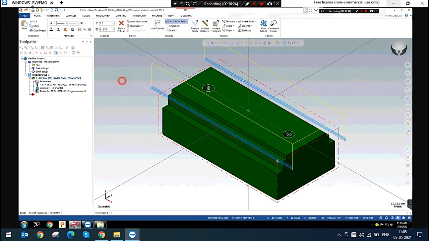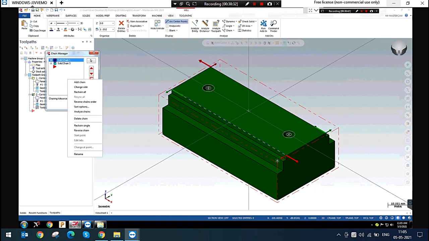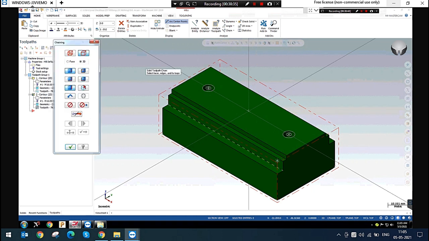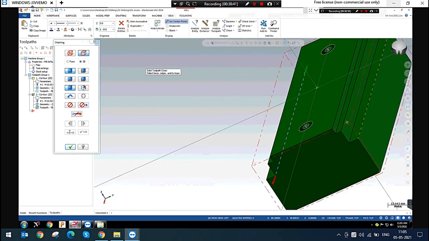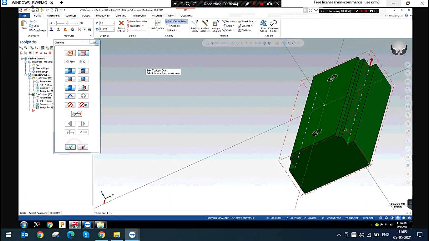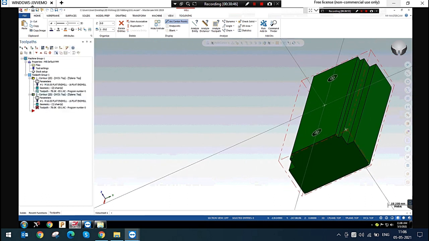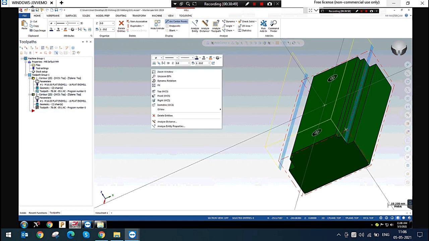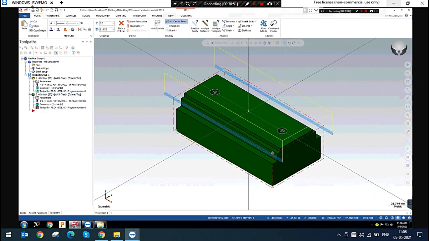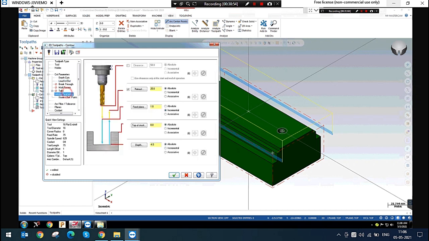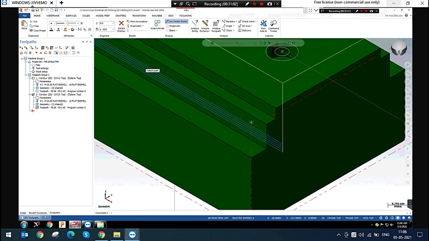Okay. So now I'm going to define the next toolpath because my depth is changed. Now I'm going to rechain all and select these chains and this chain. Okay. Yes. In this case, we have to change the linking parameter, right? Minus 4.5 mm. It will start and it will go. The depth is 15 mm.